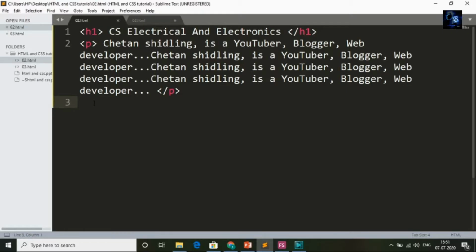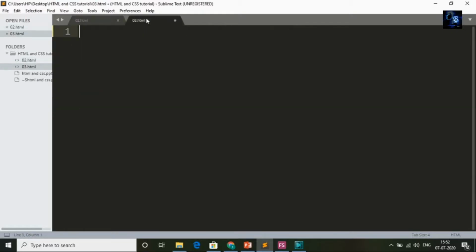Guys, now I will discuss HTML syntax. I created a new file. Now I will write the HTML syntax here and then I will explain it to you. To write HTML syntax, first we need to add the doctype: less-than sign, exclamation mark, DOCTYPE,